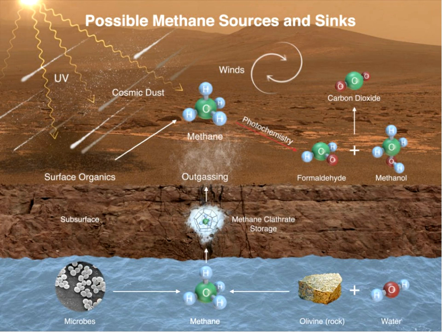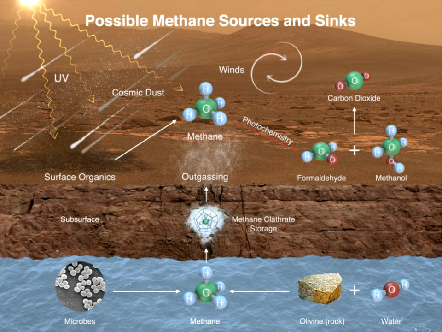We're trying to figure out, is it coming from deep underground? Is the fact that we only saw it for just 2 months in this weird pulse, does that mean that maybe it came out of the surface in what we call outgassing, like what's shown in the center of this picture? Maybe it kind of erupted from the surface somewhere. Or maybe a recent impact happened, delivered organics to Mars, and now we're seeing those organics broken down by the UV light. We're going to look for all these clues, and hopefully next year